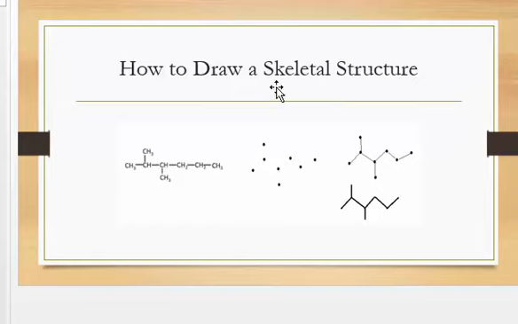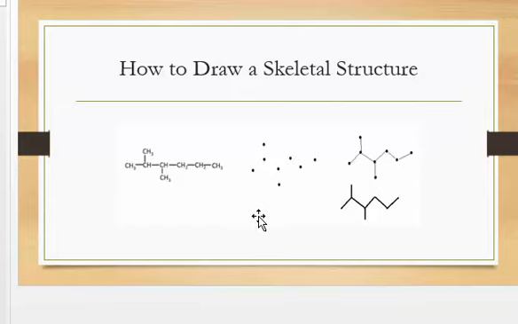A skeletal or line structure is a shorthand way that chemists illustrate the structure of an organic molecule. In a skeletal structure, the end of each line, each angle, and/or intersection represents a carbon atom. Hydrogen atoms are implied. We assume there are as many hydrogen atoms as needed so that each carbon has 4